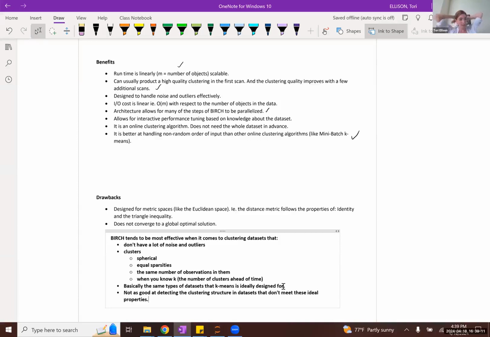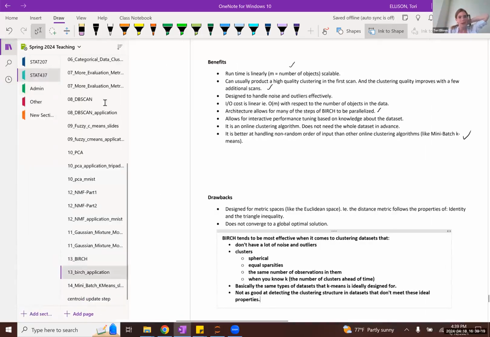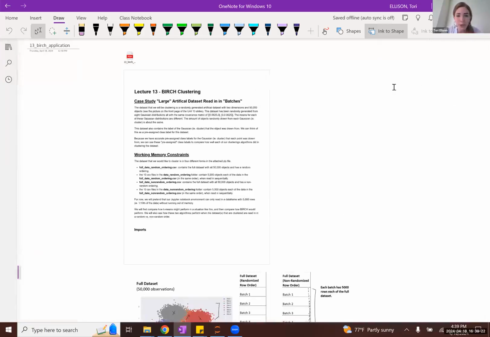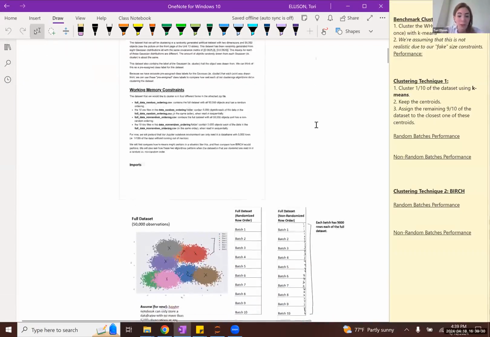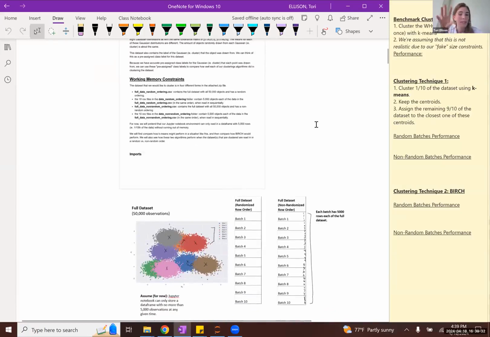Any questions on that before we move on to the application? Okay. All right, so very quickly, we are going to use what you could call a clustering benchmarking technique. The key thing to remember here is that clustering is an unsupervised learning algorithm. So the main idea is that it's not usually assumed that we have an answer key for determining how well our clustering algorithm did.